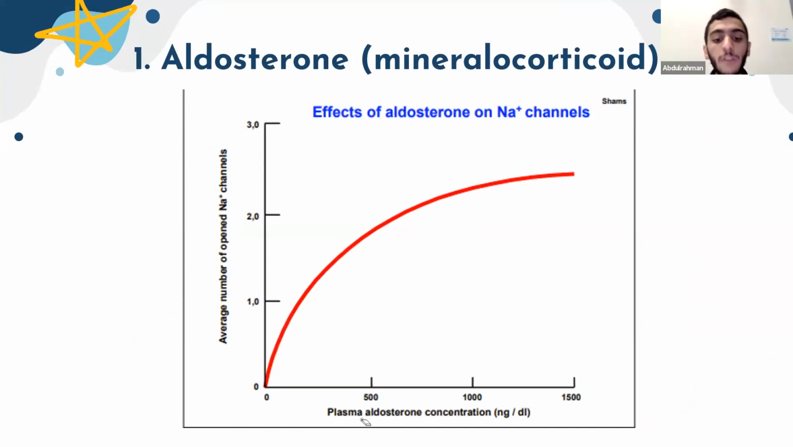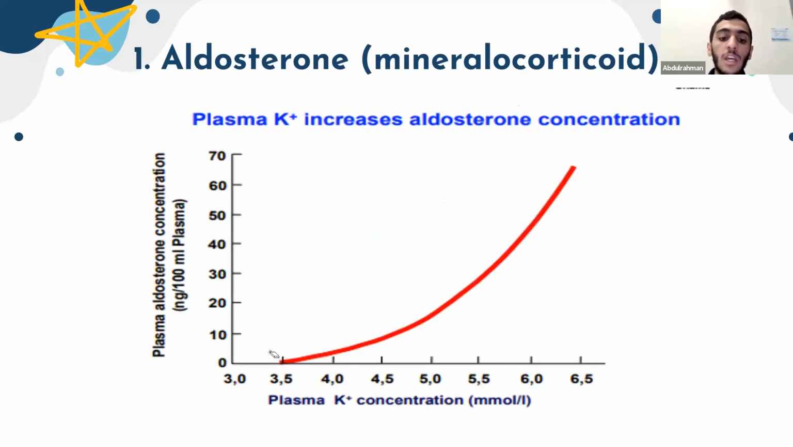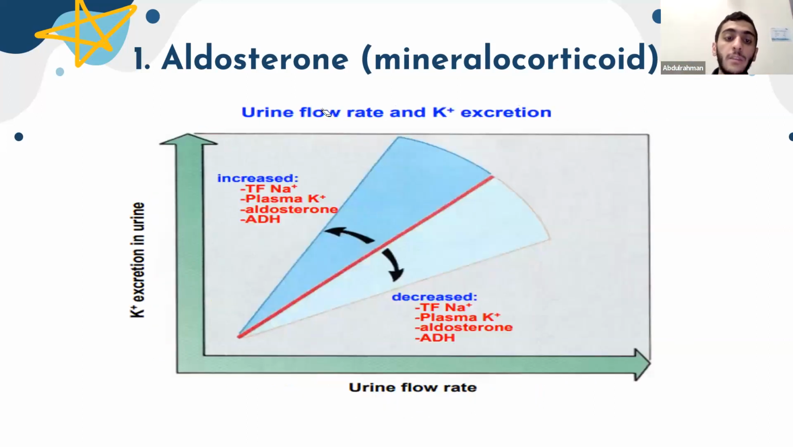If there is more aldosterone, then there are more sodium channels. This graph is done: more aldosterone, more sodium. If there is more potassium concentration, we said aldosterone release is dependent on potassium levels. So if there is more potassium, the way that we get rid of it is by having more aldosterone, so the plasma aldosterone level is increasing. More potassium, more aldosterone. Okay, and this slide here,